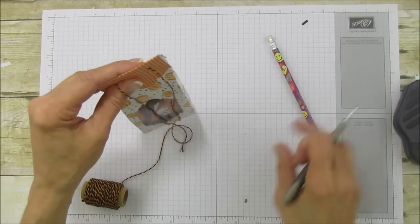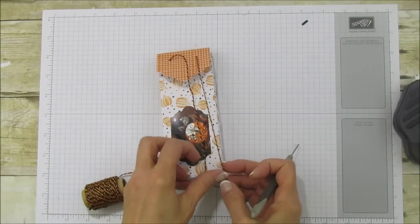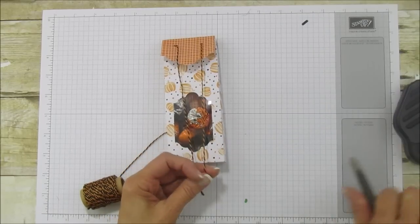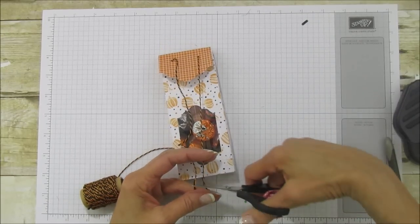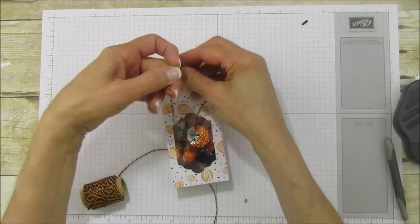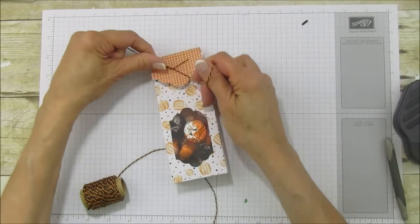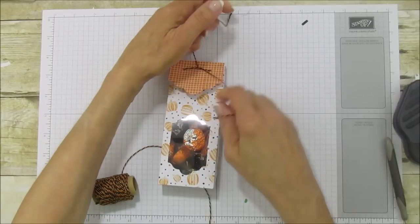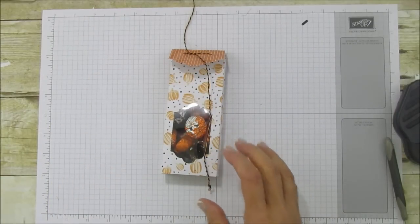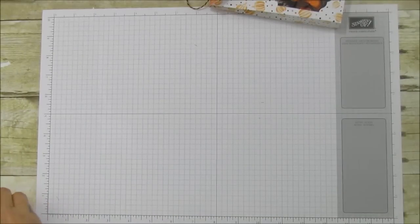Now we're not as yet going to tie this. You can just put a little knot in it, but we're not going to tie it. I'm going to cut it right here because I want enough to tie a bow. You can tie a little knot in it. I usually just tie it here to close that up and get it ready. And then we're going to set it aside for a second, and we're going to punch our stamp our Here's a Beautiful Treat